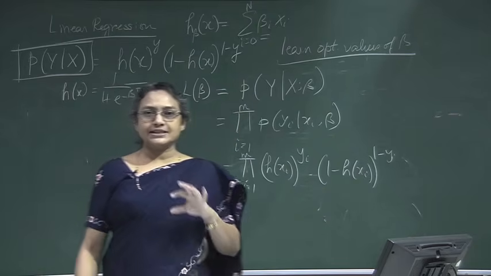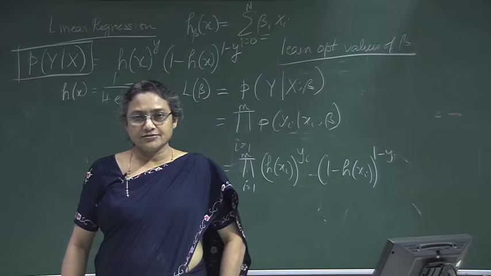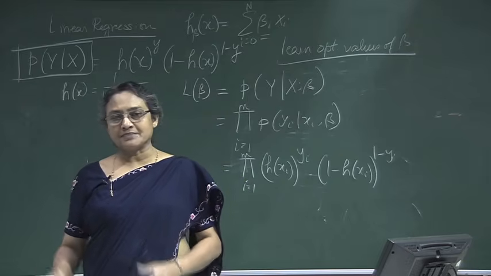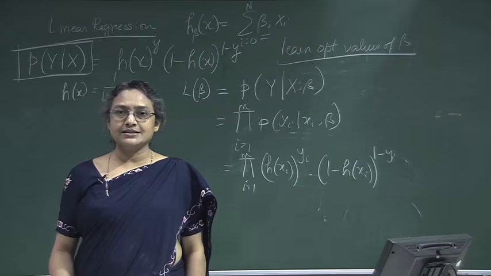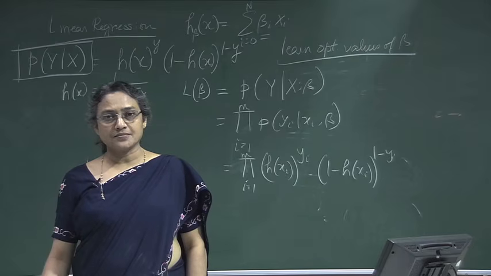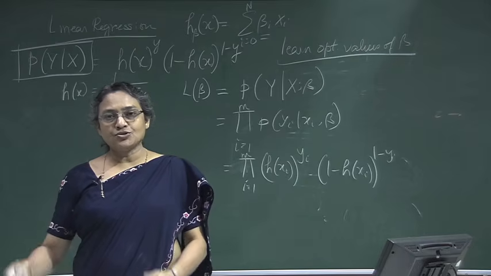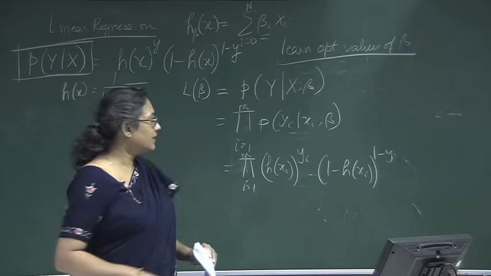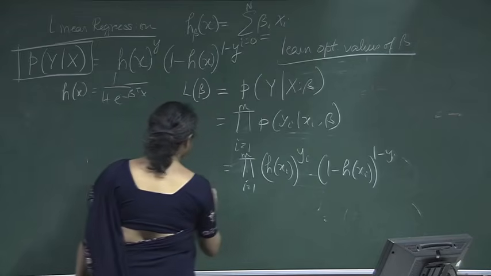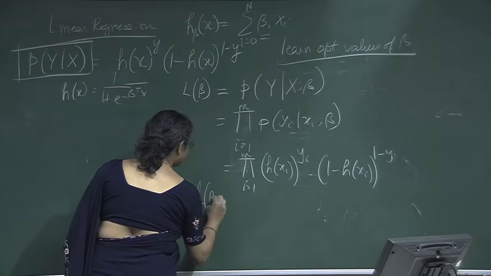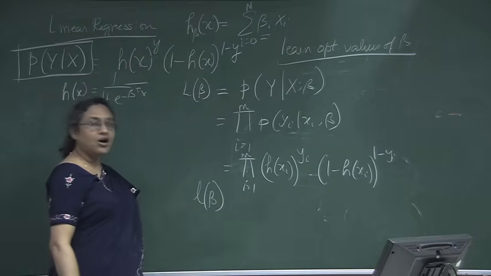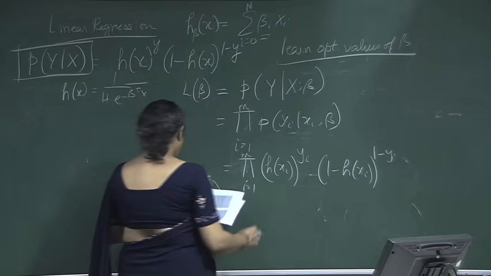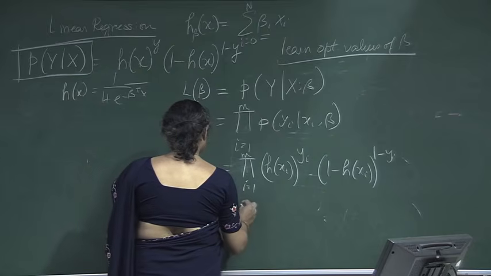Now, all the probabilities are positive. So, whatever maximizes this expression will also maximize the log of this expression. And in order to make our computation simpler, we take the log likelihood with respect to beta. So, small l of beta is the log likelihood given beta, and it is given by